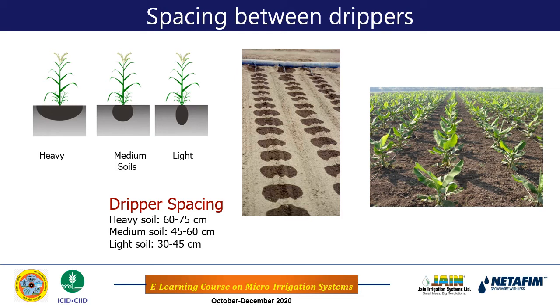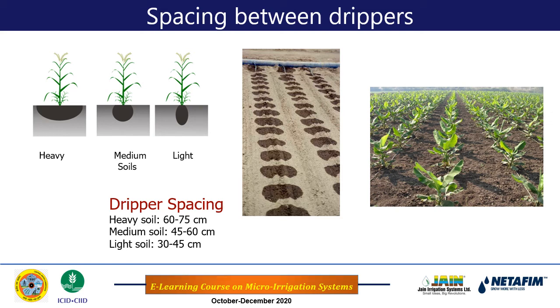Okay, so what will happen if we keep the spacing between two emitters in light soil more than the desired one? Desired is 30 to 45 centimeter. So in this case, as in case of the light soil there is less lateral movement, if we are spacing more than 30 to 45 centimeter, then there will be dry patches in between two emitters, and